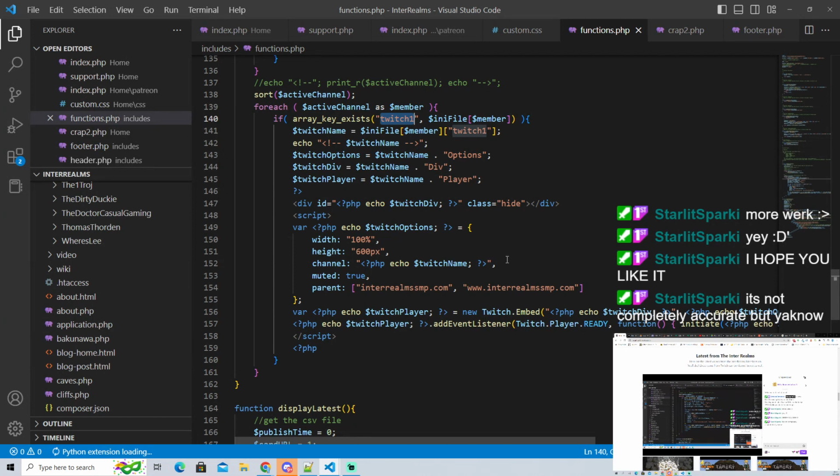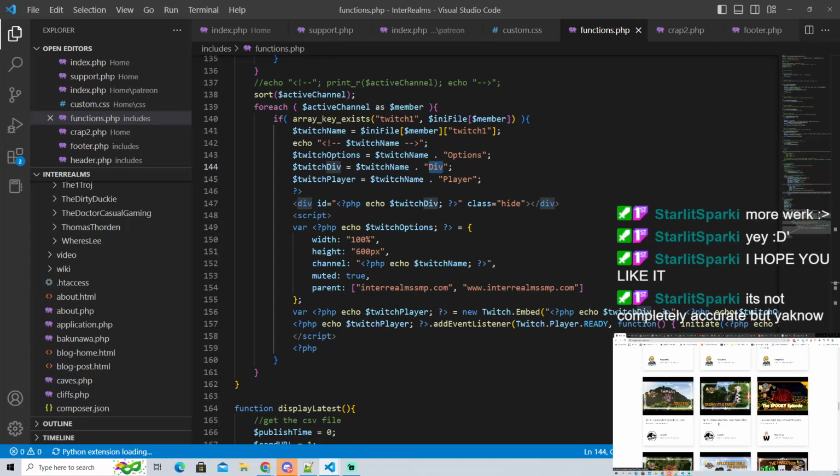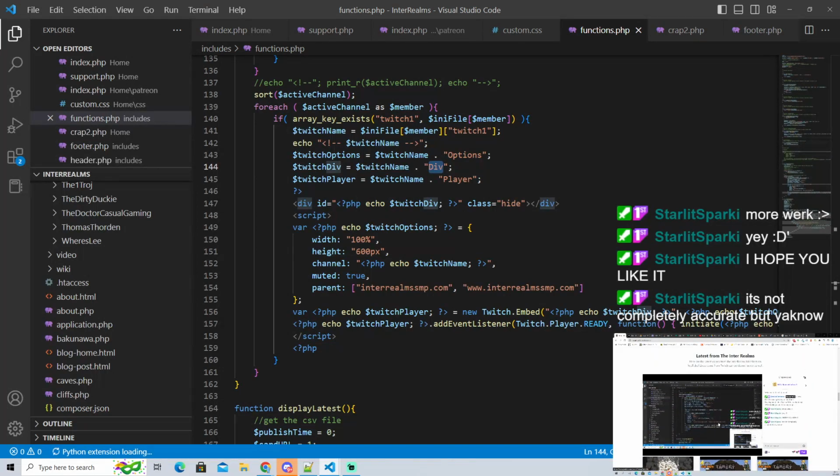All right, so it takes a look at the active channels, creates this div right here, and then it goes through and creates this player that you all can see. If there are multiple of us streaming right now, and I'm surprised Miss Dragon isn't, you would see multiple streamers right here, and you don't have to go anywhere. You don't have to use multi-Twitch. You can just use our website, which is super cool.